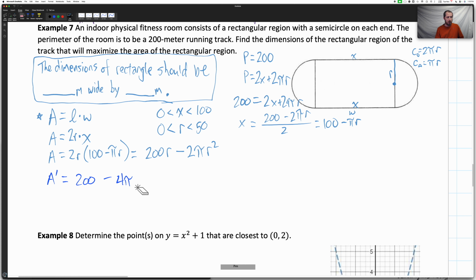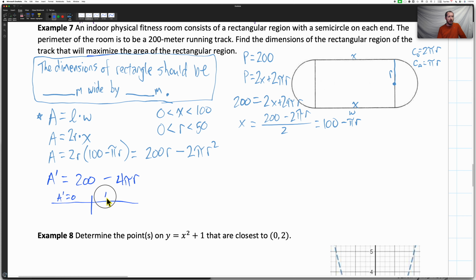And then r to the first power. There's our A prime. That's linear, which makes sense, since it comes from a quadratic in A. We had a negative leading coefficient up here. Are we looking to maximize? We are looking to maximize. Good. All right, so let's find where A prime